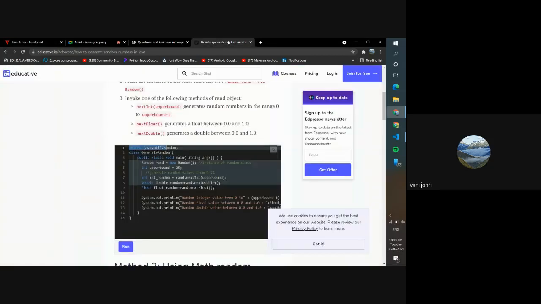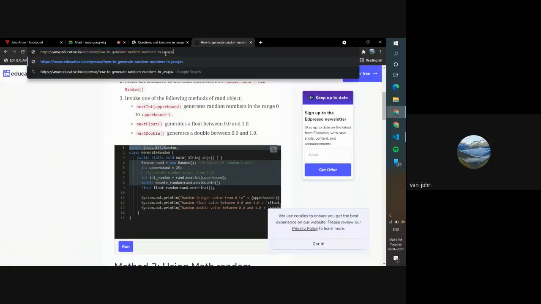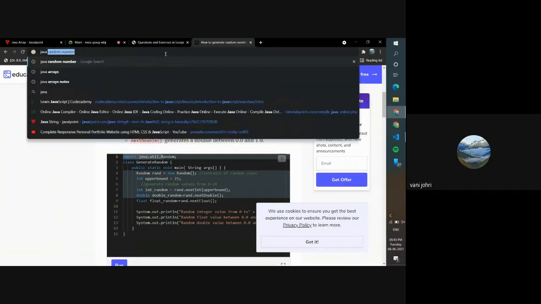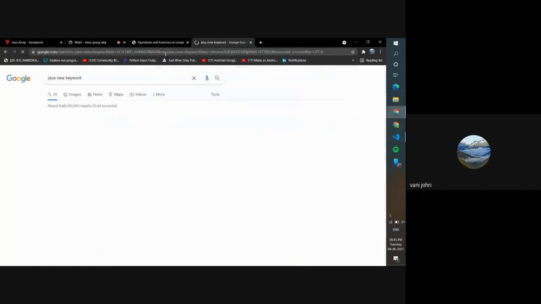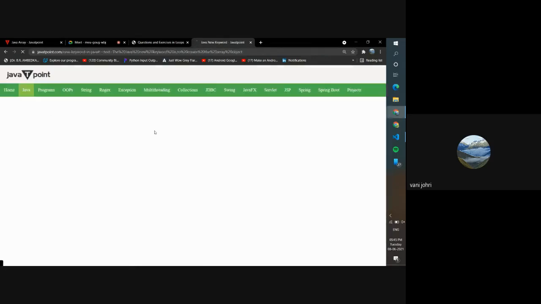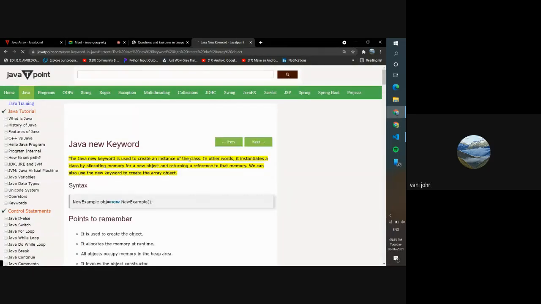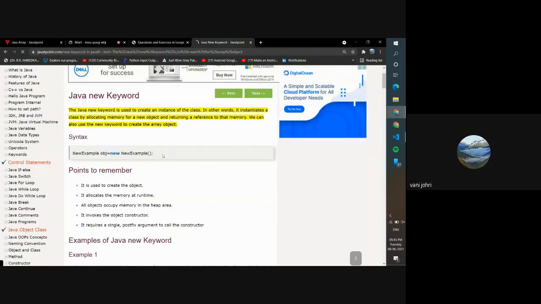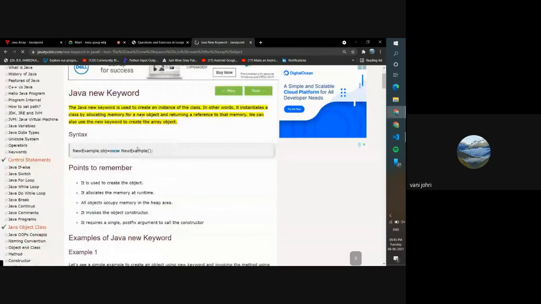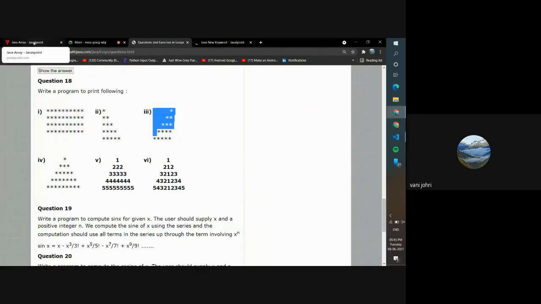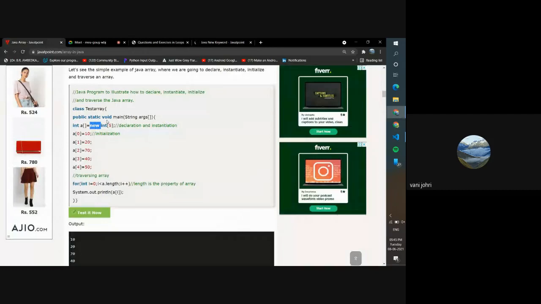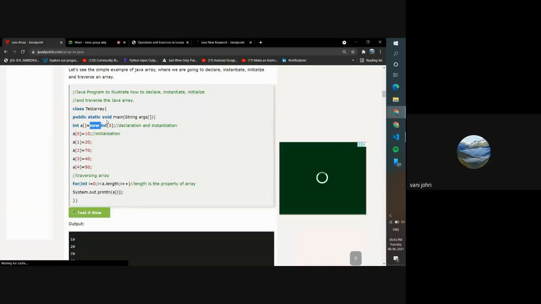Let's quickly show you the new keyword in Java. It is used to create an instance of the class. In other words, it instantiates a class by allocating memory for an object. So if you have a class and you want to instantiate it, you use this. Over here, we are just using it to create a memory location of 5 consecutive memory blocks in the